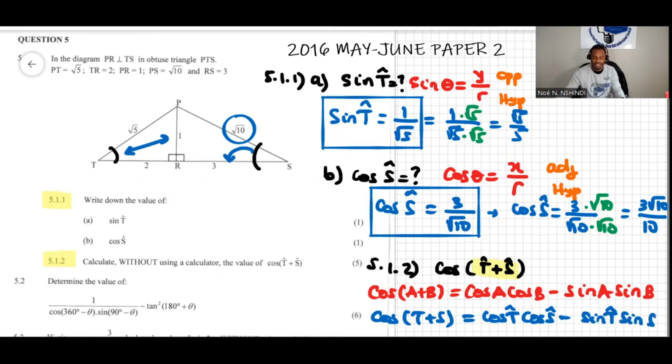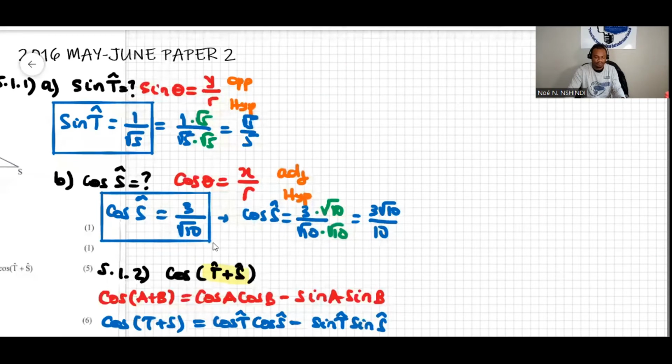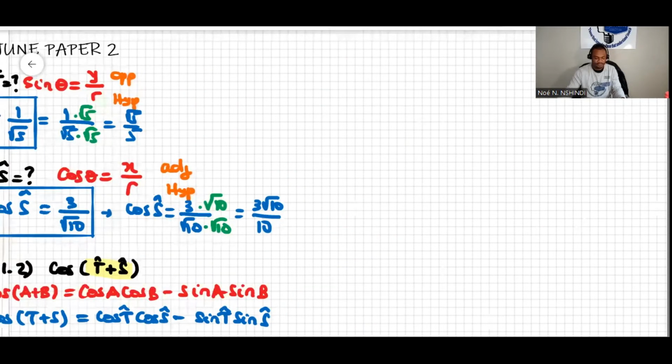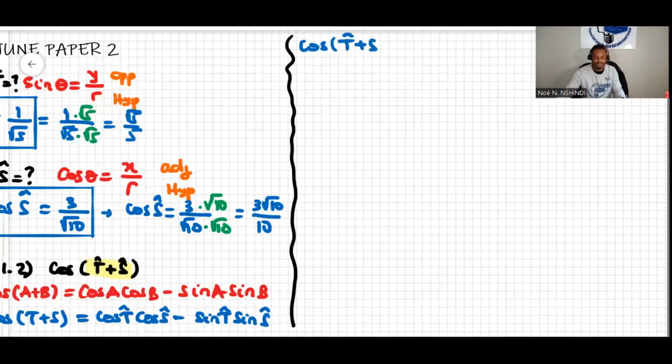sine S. So I prefer to move my board this way, and then I'm going to just split the board like that. Okay, so now I'm gonna do cos(T plus S). It's the same thing, but I prefer to just follow as it was given. Cos(T plus S). This then will be equal to